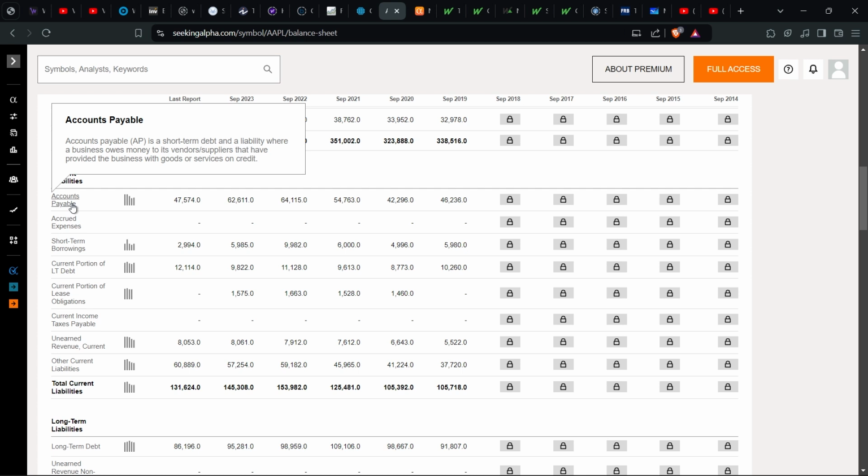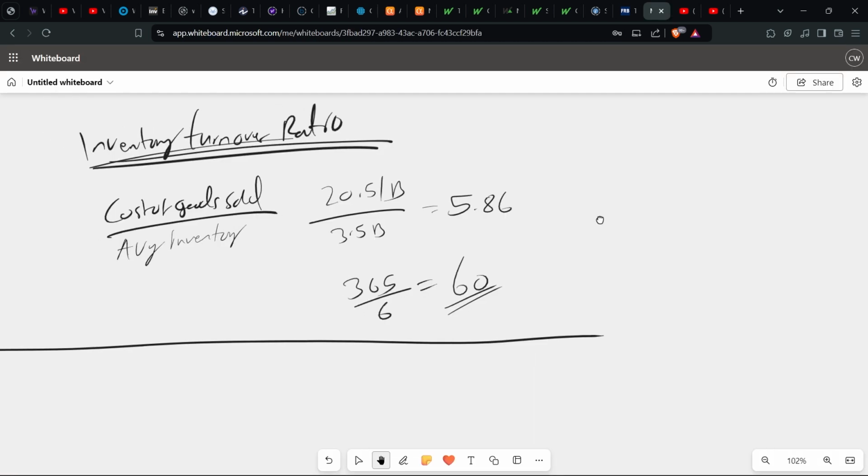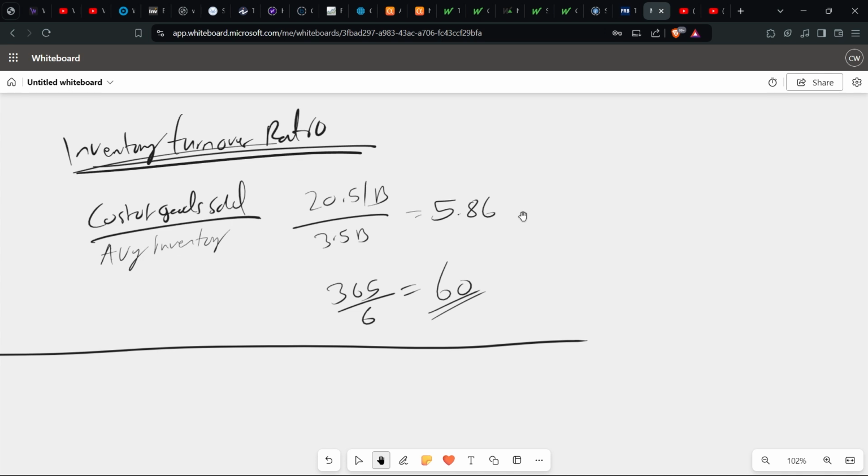This is like a short-term interest-free credit line for the company, because this means the company is receiving some goods or some services without paying for them immediately. Okay, so that's like a short-term loan. Now allow me to go back to the inventory turnover ratio. So the inventory turnover ratio, I'm sure you remember, this is how fast inventories are converted to cash. Okay, so this means like in about 60 days, inventory is converted to cash. Okay, because cost of goods sold, average inventory